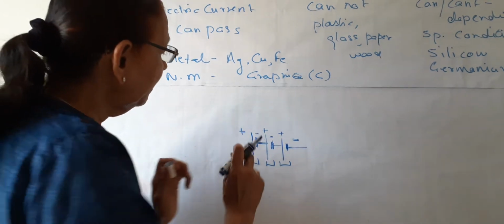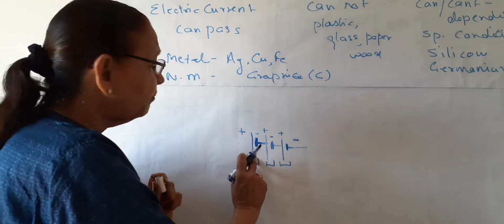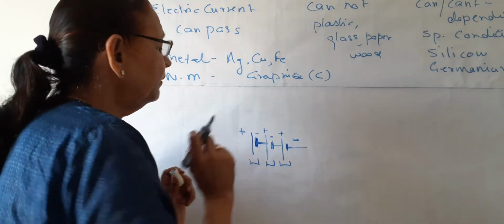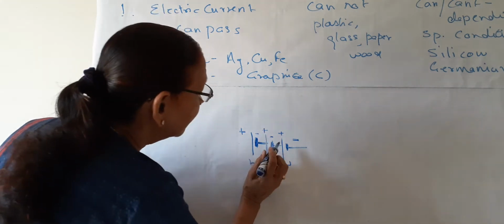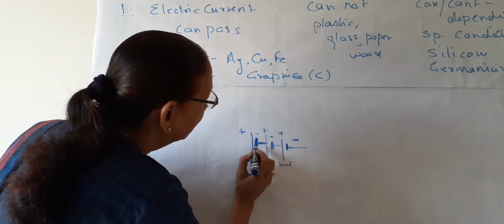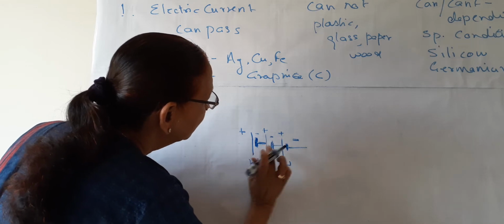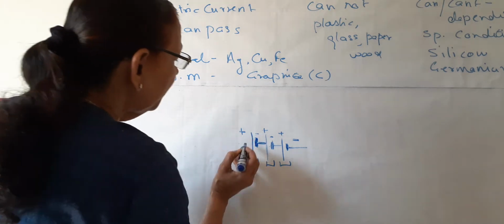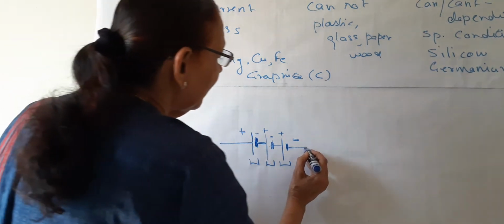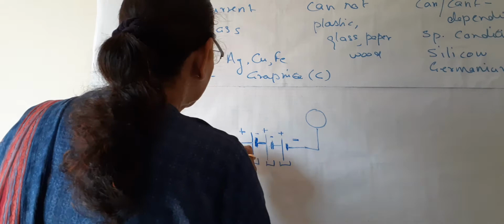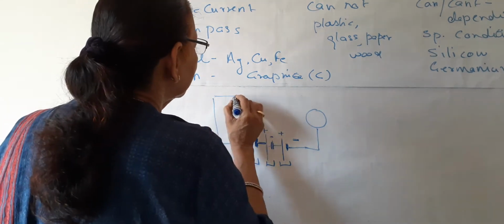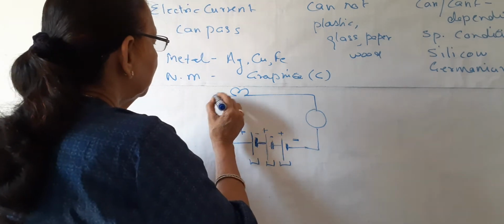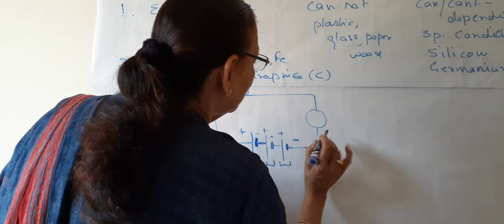How are the cells made? A thin long line is of the positive terminal and a thick small line is of the negative terminal. And the second cell is joined here, not here. We cannot join here. So it is joined here. So this is how the battery is formed. Now this positive and this negative terminal, they are in the external circuit, they are connected by a conductor. This is the copper wire or the conductor.